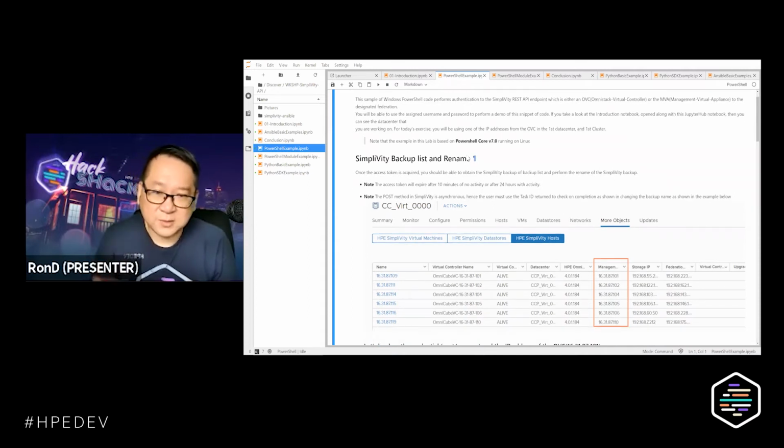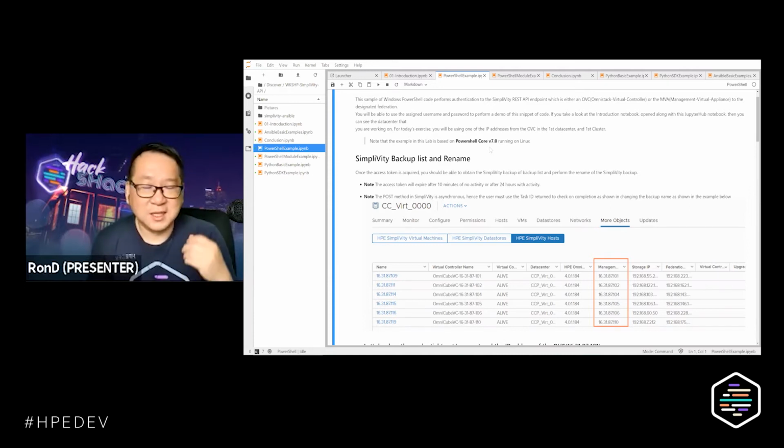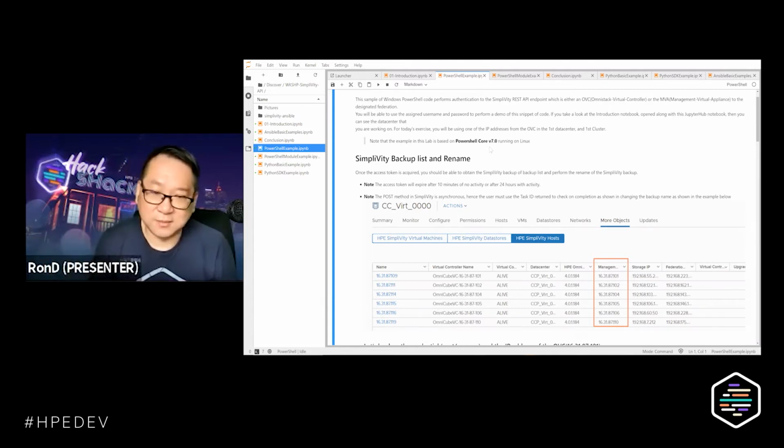Now, the lab is actually running on PowerShell Core v7.0. Let me know if you are not sure; there are some Windows users, but there are also Linux users. You don't have to worry right now. PowerShell, as of today, Microsoft understands that it's a common language, used by both Unix and Microsoft users. You can run PowerShell Core v7 inside Ubuntu Linux, as we are going to do today. All right.